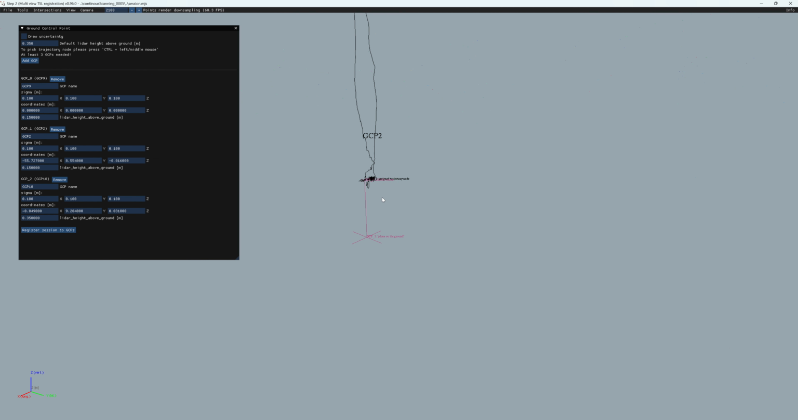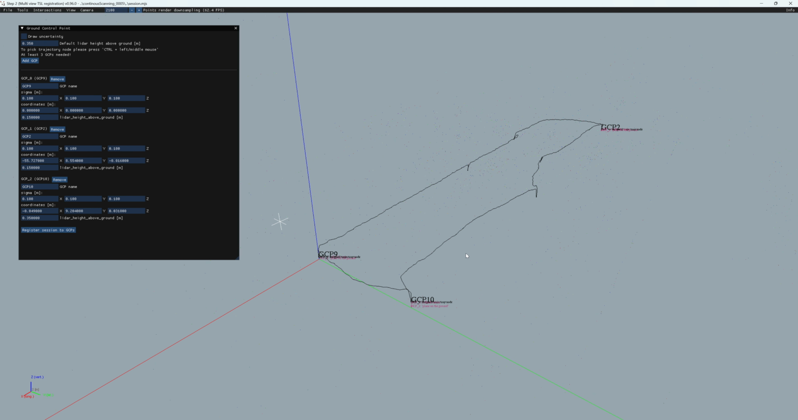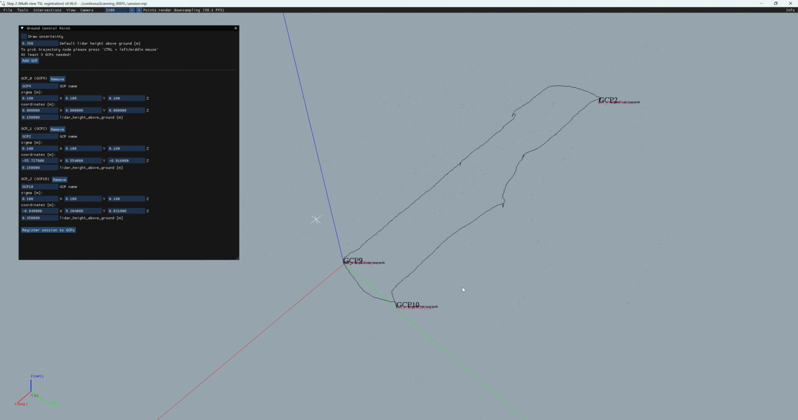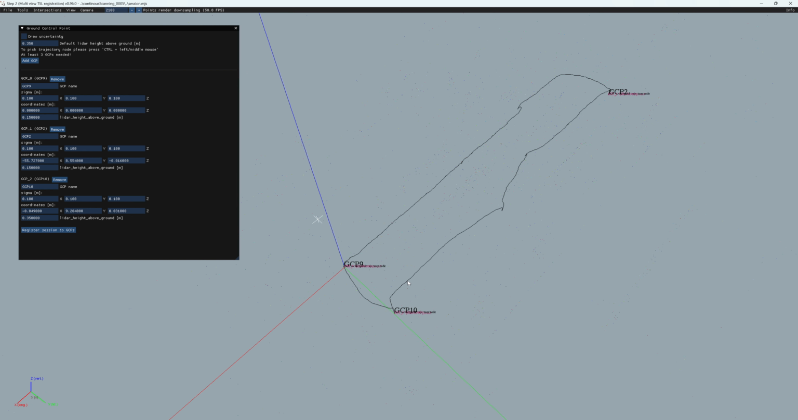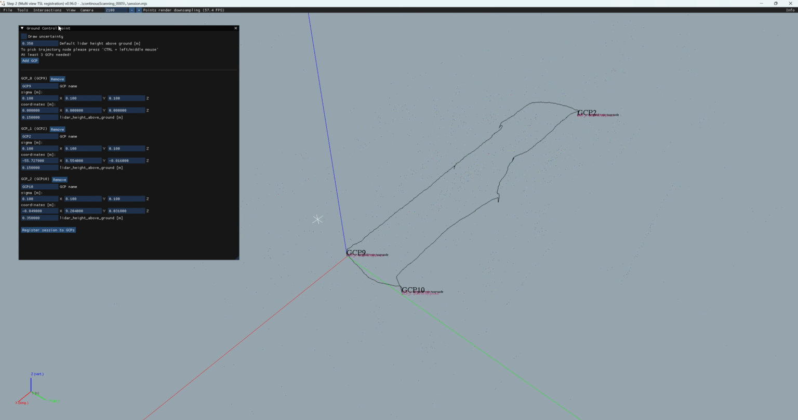You can see that the system is placed on the ground, and you can see the distance. It is 35 centimeters, so it looks very good. I think we can simply export data because we have already registered to ground control points. So